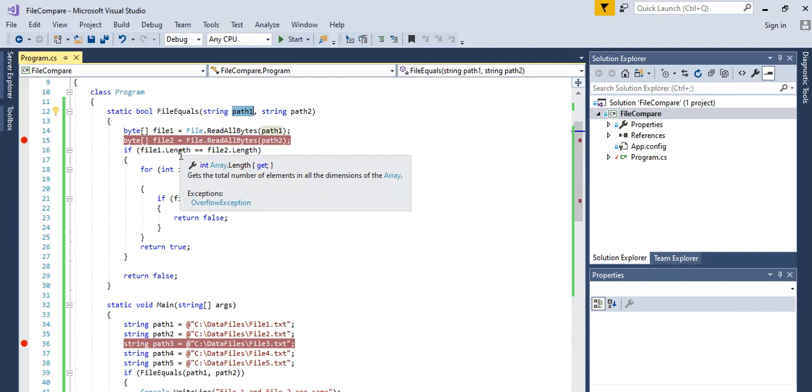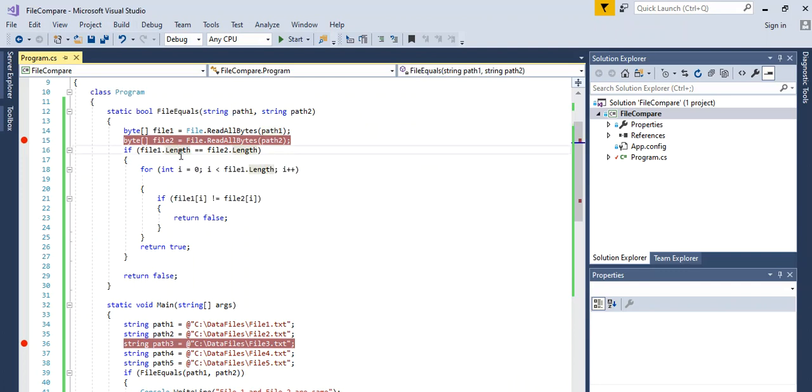But we need to put one check here: if the length of those two files is not the same, that already ensures the two files are not the same. So for this condition we will ignore the rest of the code and return false.